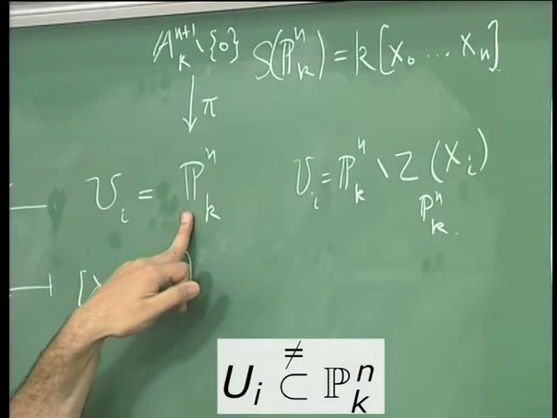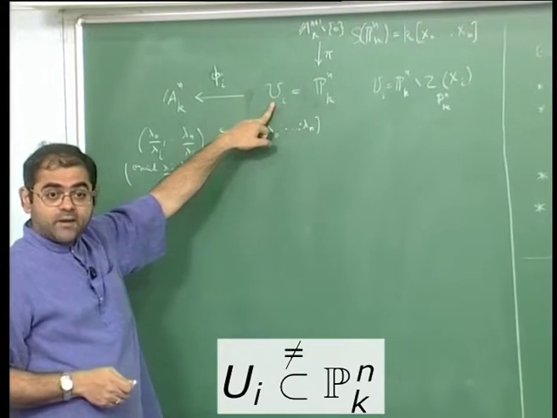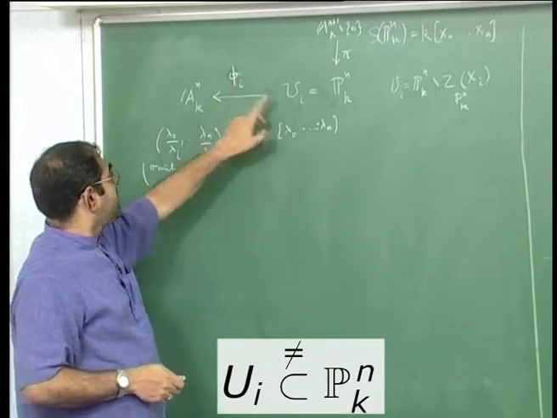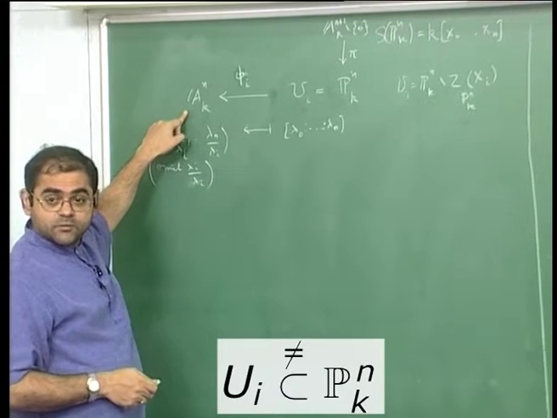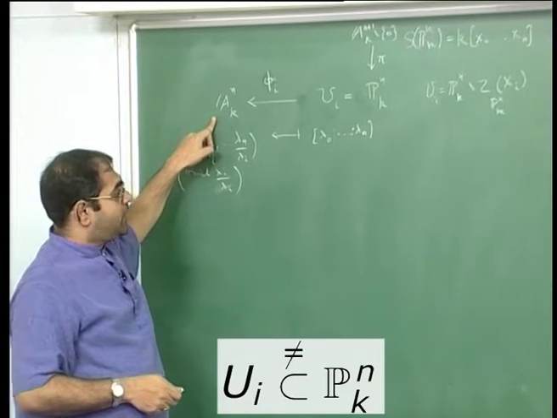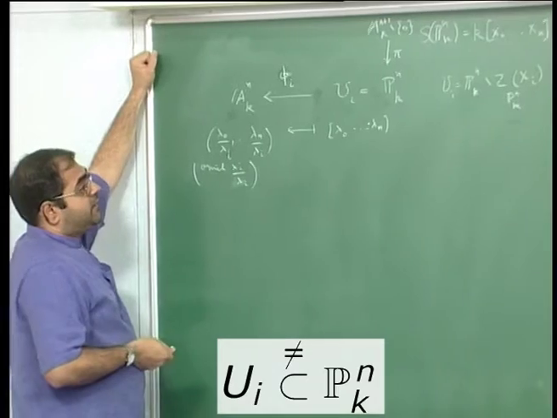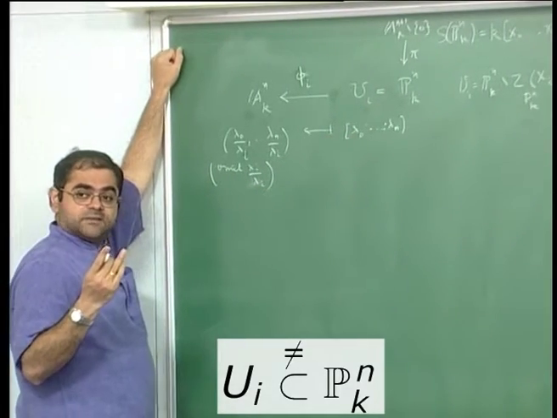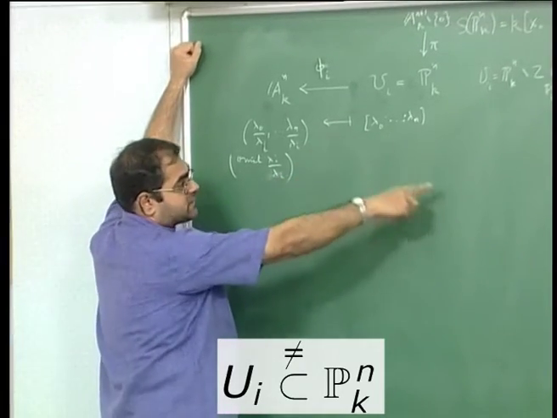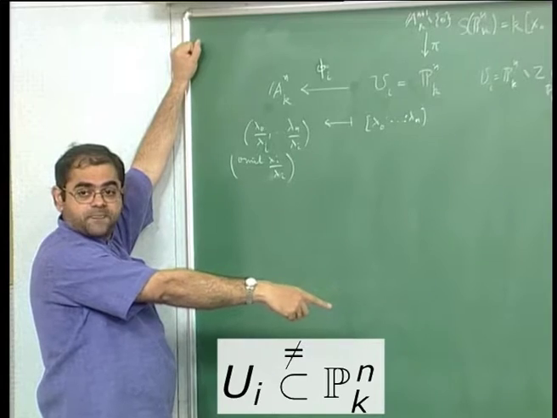Then this topology on Pn will induce a topology on the Ui, and for that topology phi is a homeomorphism with An having the usual Zariski topology. So the way this is interpreted is that if you want to give the topology on Pn, there are three ways of doing it. One is you define the closed sets as zero sets of a bunch of homogeneous polynomials.